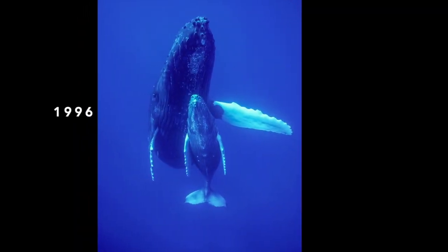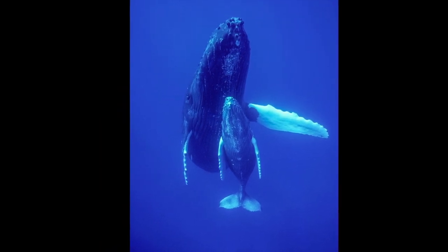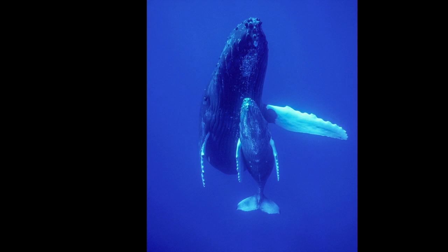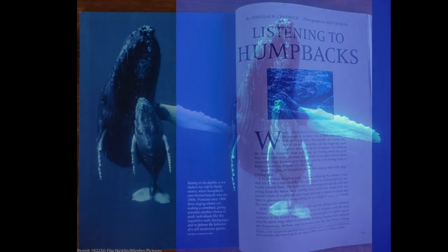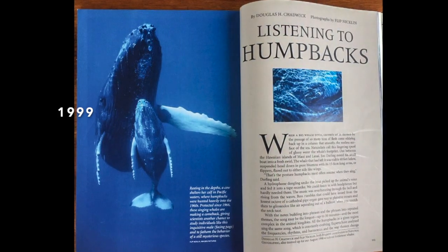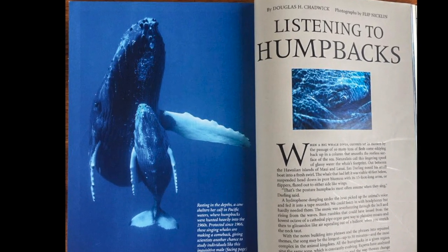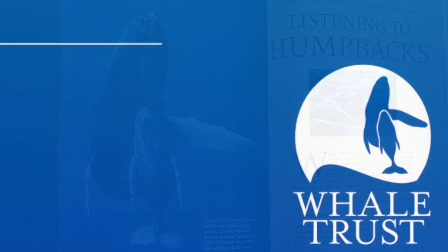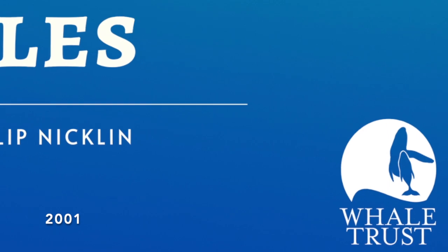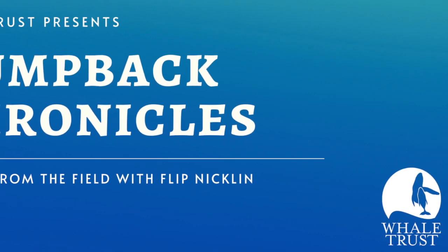I would like to talk about photographing whales. This is a picture of a cow and a calf humpback shot on film. It's one of the last. It was the lead picture in the 1999 National Geographic story, Listening to Humpback Whales. The same image has morphed into being the logo picture for Whale Trust starting in 2001, and Humpback Chronicles started